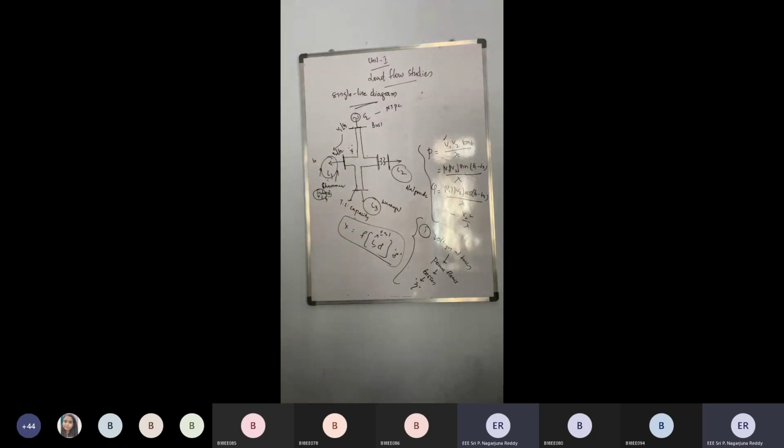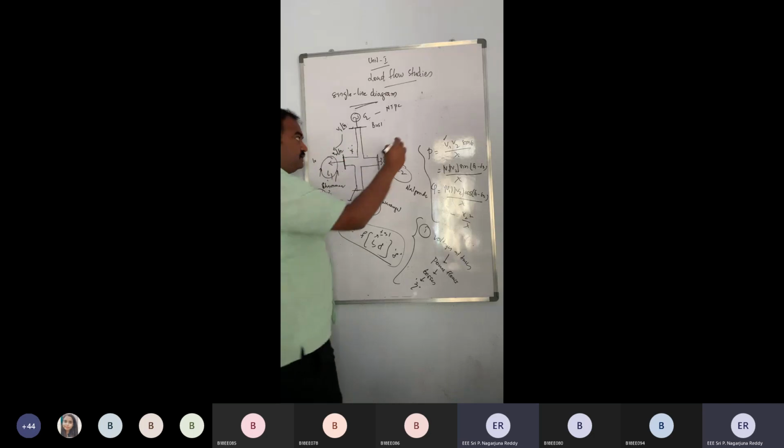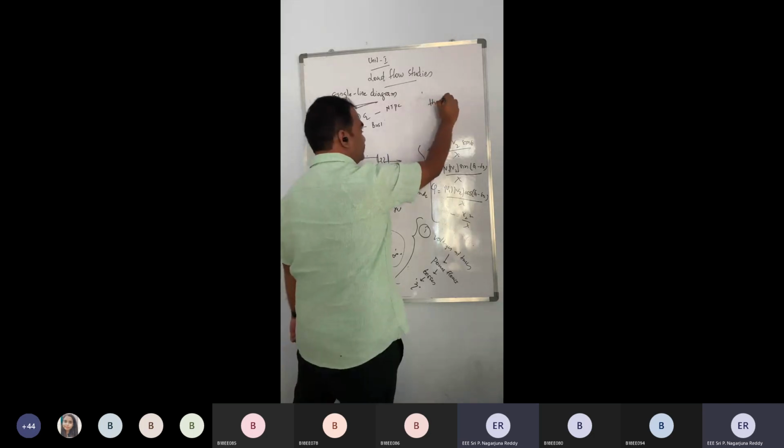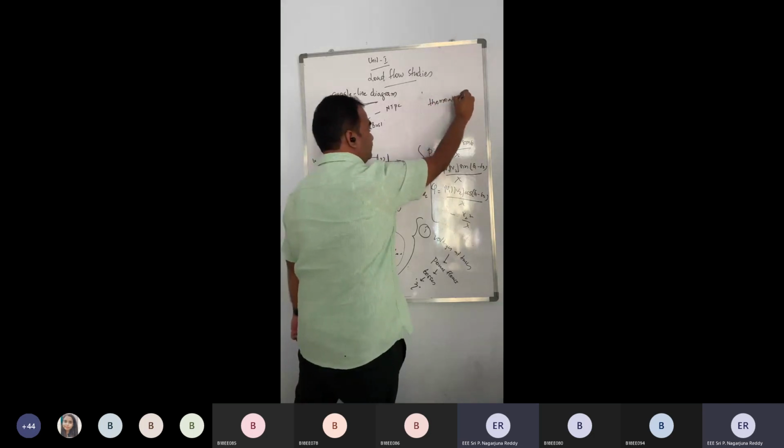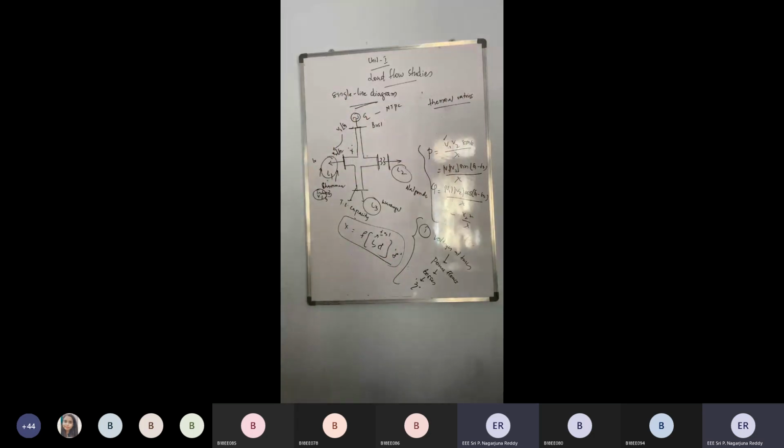Now we will go to the second point. There is some amount of power that is flowing in this transmission line, but we do have a thermal rating. Do you remember the thermal rating of the transmission lines from your PS1? Whenever you are doing your transmission lines, you might have heard about this. Every transmission line will have a thermal rating. Only if you exceed the thermal rating of the transmission line, then it will offer you a lower efficiency. But you can load the transmission line up to its thermal rating.